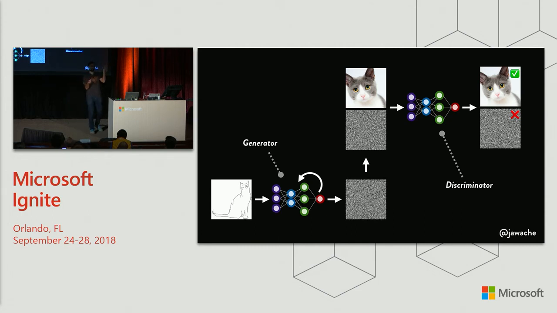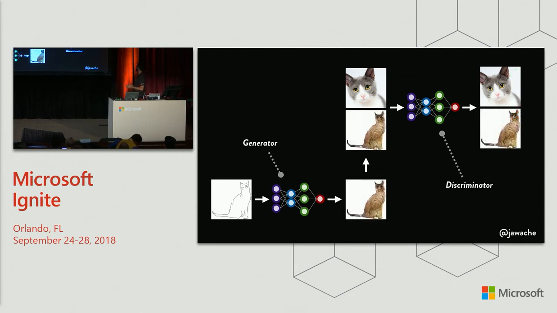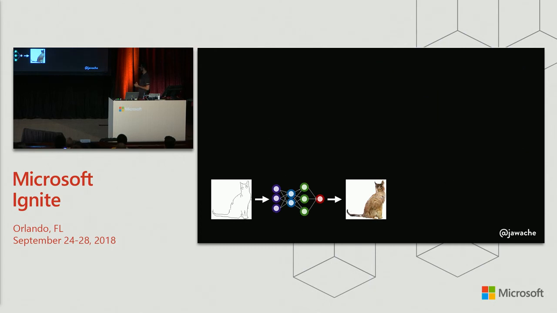So what happens is you've got this generator that's not very good at generating cat images, and you've got this discriminator that's not very good at figuring out if a cat image is a real cat image or not. And then over time, they're both getting better, and they're both competing with each other, right? So they're both improving over time until eventually you get to a point where the generator is creating such good cat images that the discriminator can't really tell them apart anymore. Then maybe you can say that this run is over, right?